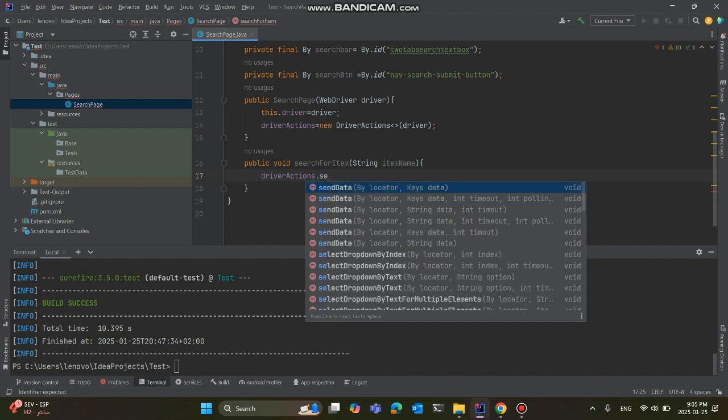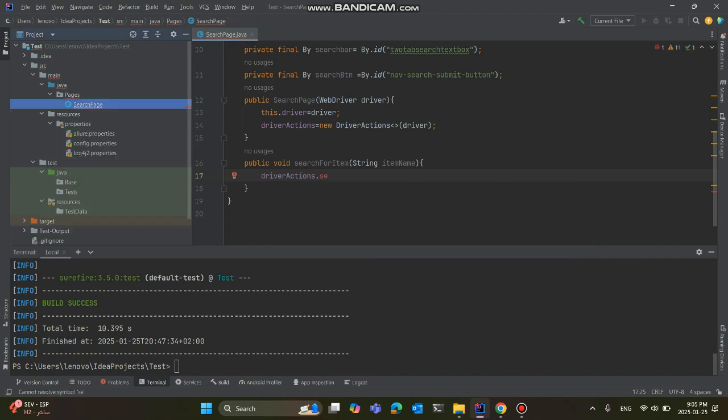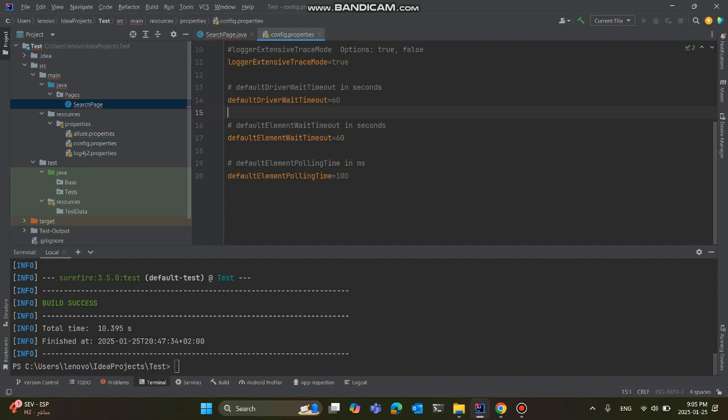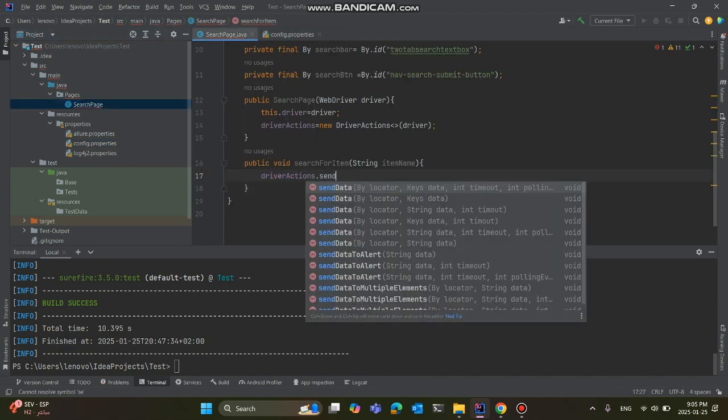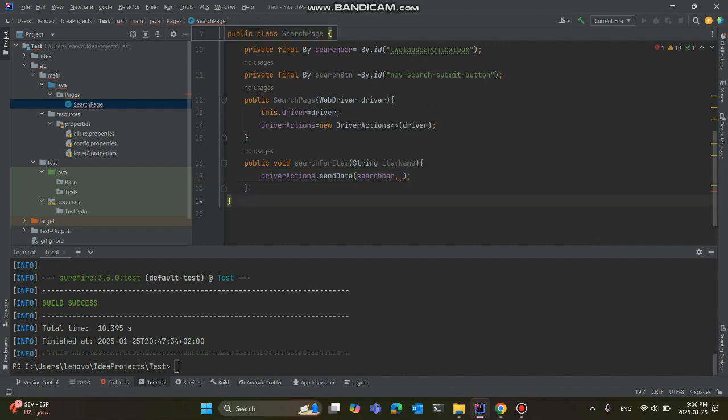You can send only the locator, or the locator and the data you want to send. If there is a custom timeout for this element, you can pass the timeout. If there is a custom polling time special for this element, you can pass it. Otherwise, it will use the default values from the config file. Then data, and we are going to pass the locator. We are going to send data in the search bar. The data to be sent is the item name